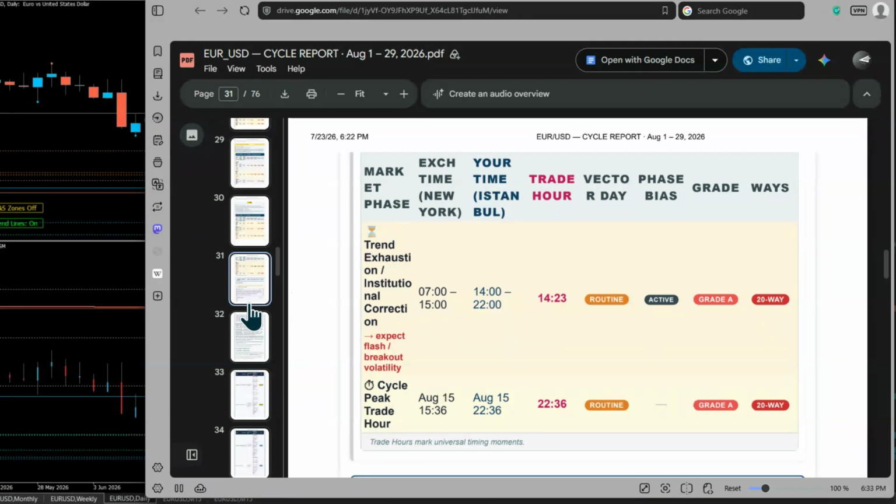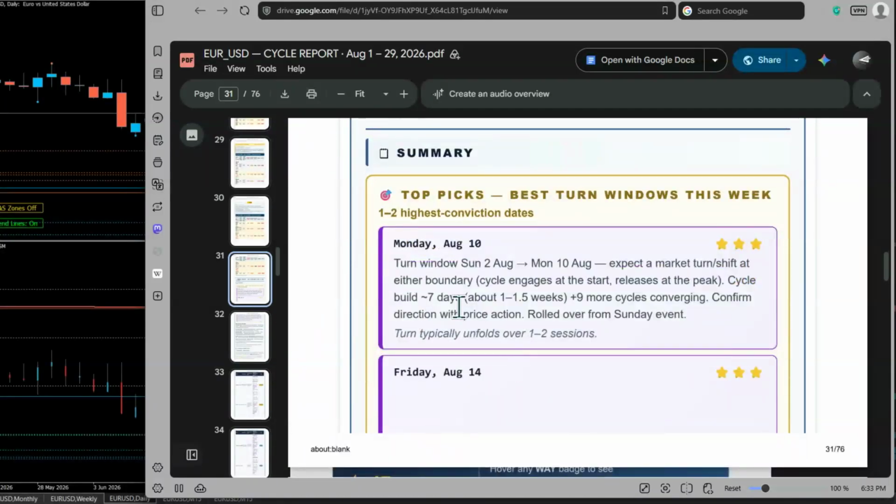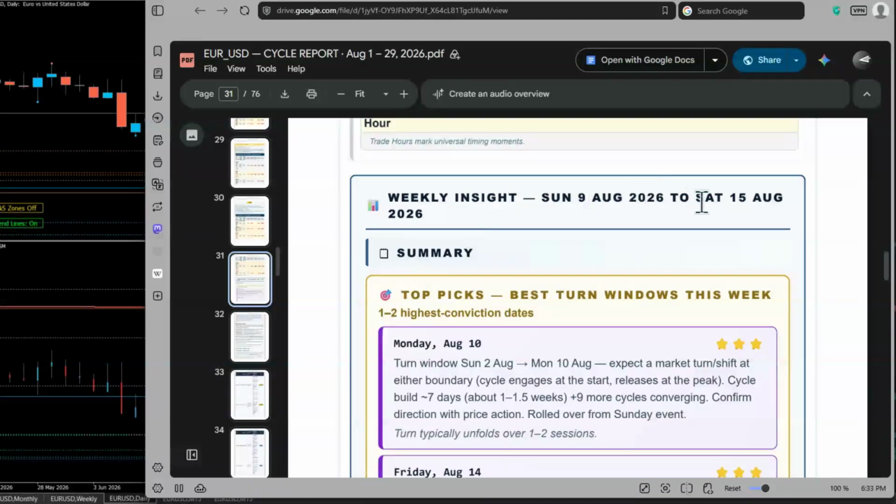Let's take a look at, first of all, what to do. What are the steps? The first thing I want to do is go into the weekly insight zone. When I come to the weekly insight, I'm going to see this from Sunday to Saturday. Why? Because like I always say, Sunday is important, Saturday is important. If something's happening on Sunday, it's going to push Monday into it. If something is happening on Saturday, it's going to pull Friday into it. So these days are important, and the week starts on a Sunday, ends on a Saturday.